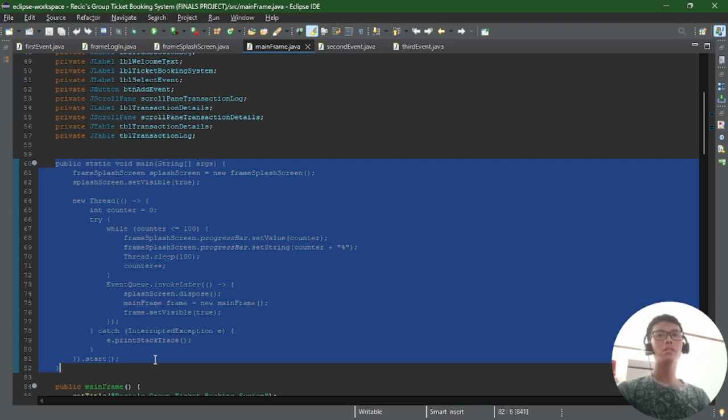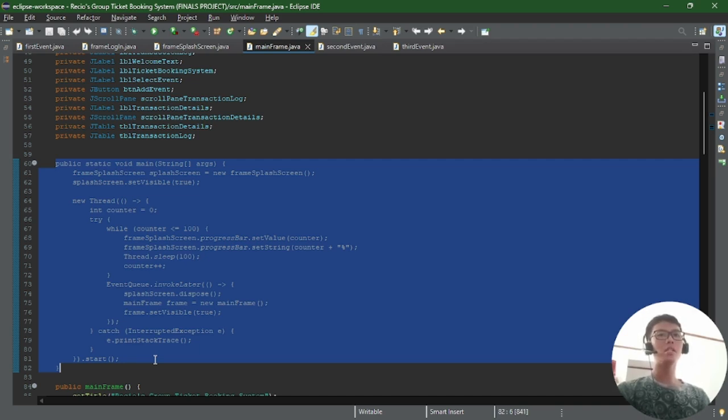Then it starts a new thread that simulates a loading process by incrementing a counter from 0 to 100. Within the thread, the progress bar's value and accompanying text are updated every 10 milliseconds to reflect the current counter value, creating a visual loading effect.